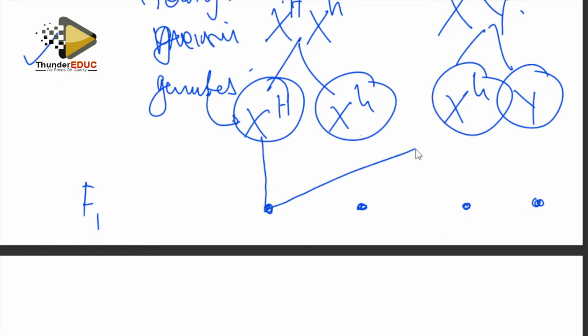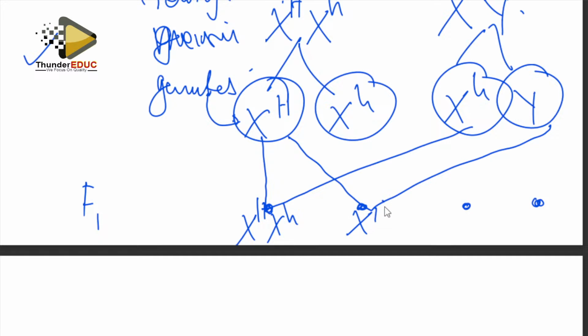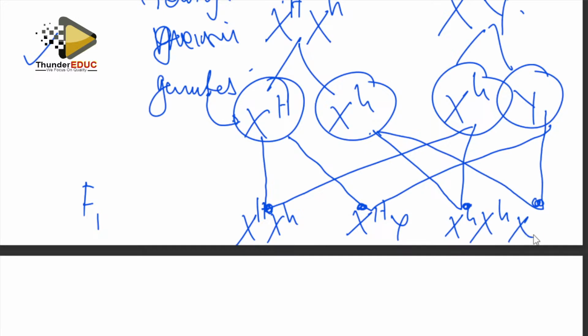This with that. So now I know that X capital H, X small h. Now I need to join this dot with another. I'm going to say X capital H, Y. And then now I'm joining this dot. Now this with that is going to be X small h, X small h. Now I'm joining the last dot with that, X small h, Y. So now it means this is normal, but this one is hemophilic.